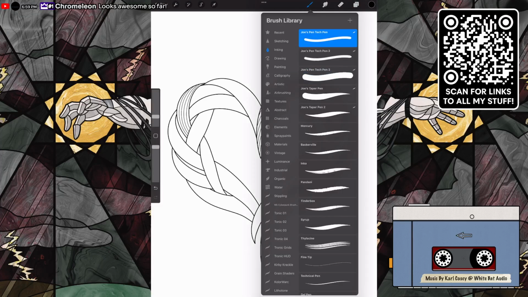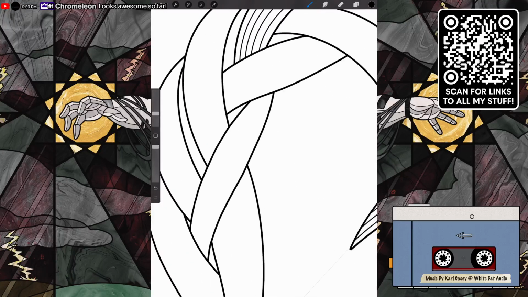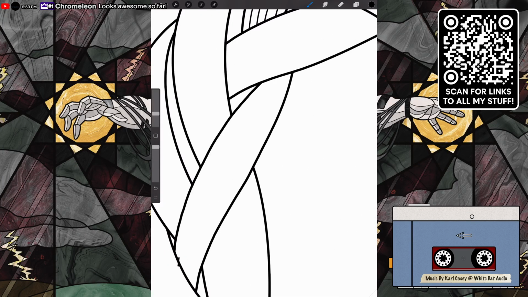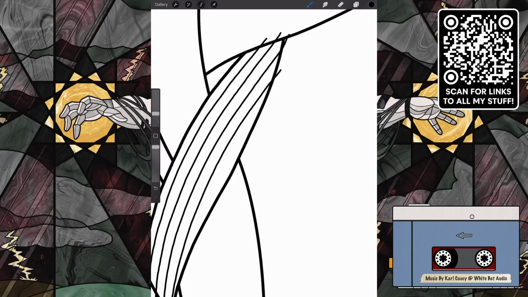Yeah, it's getting there. It's getting there. This is actually the worst part. Doing all these smaller lines. Because there's two things about them. One is I don't want them to look too jittery, so I have to go somewhat quick. But I also have to space them properly. Now I probably could use a brush to accomplish this and not have to do it by hand. But then it wouldn't just be more difficult, so of course I can't do that because I have a problem doing things that are easier.